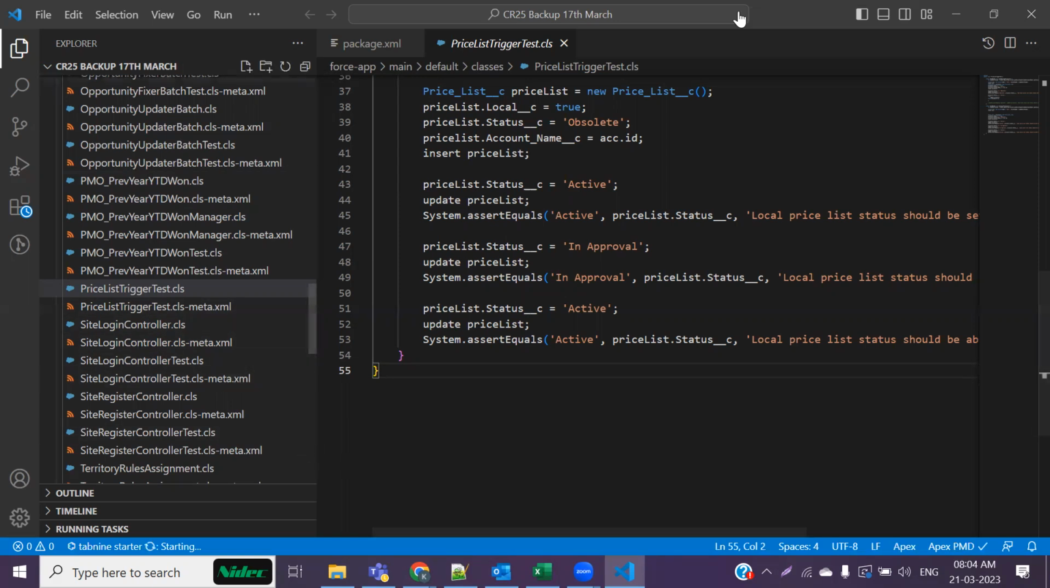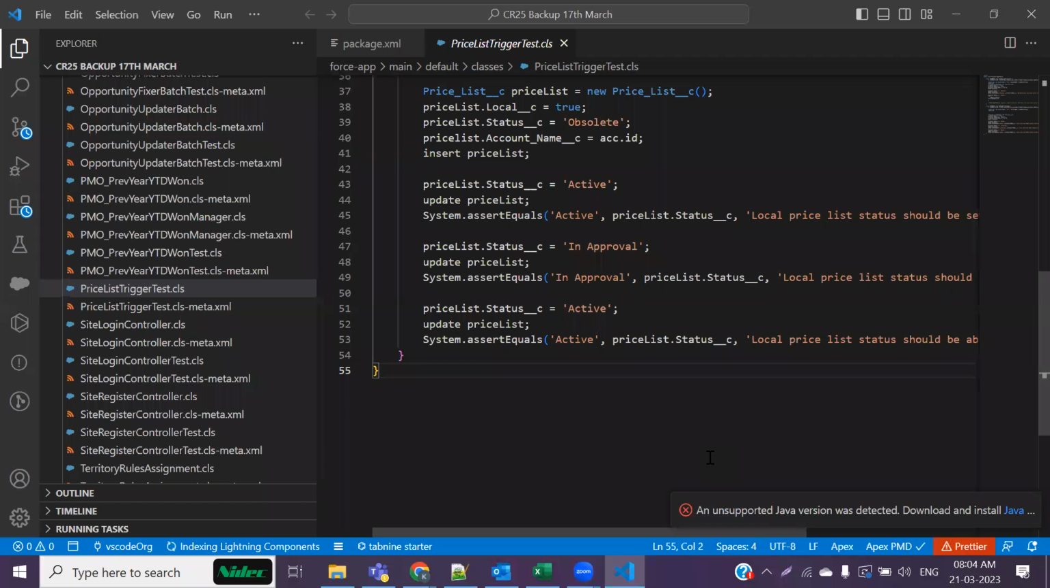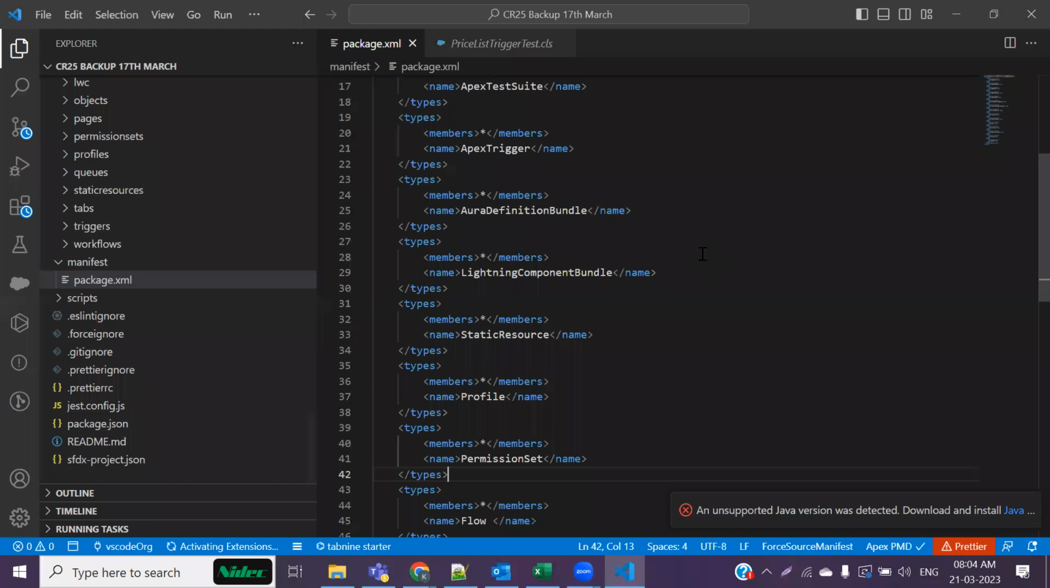LWC cannot be done in the developer console. LWC requires some foreign IDEs, and this is the best among all: Visual Studio Code. Here also you can see the package.xml. So this is the way